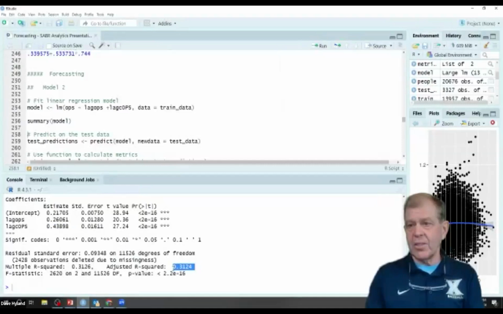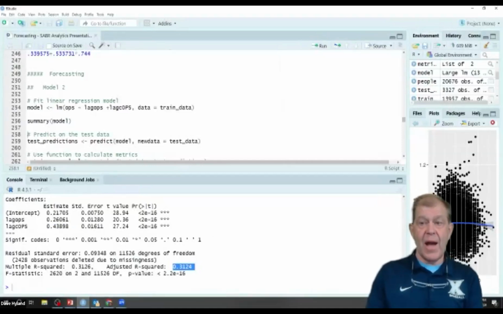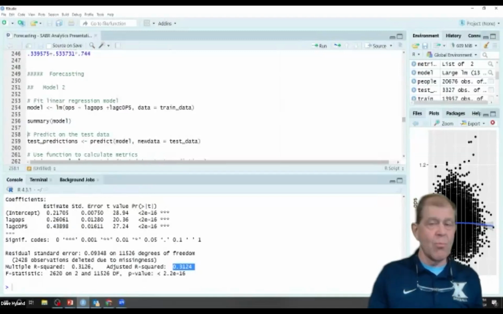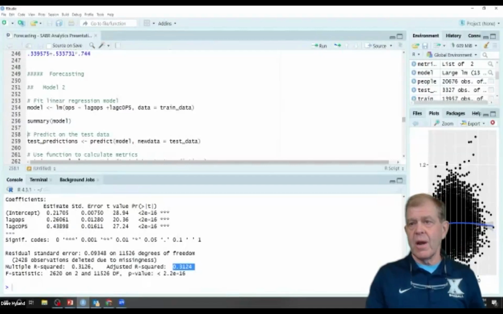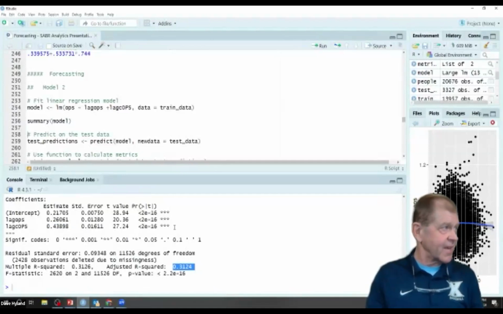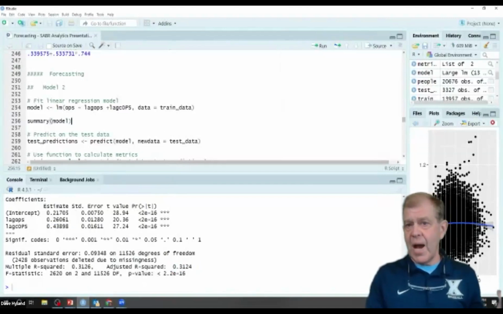We look at our R-squared. It was about 27, and now we're up to about 31, so we're explaining more of the variability. Looking at the p-values, our intercept, last year's OPS, and their career OPS are all statistically significant in explaining OPS. So there's our model.